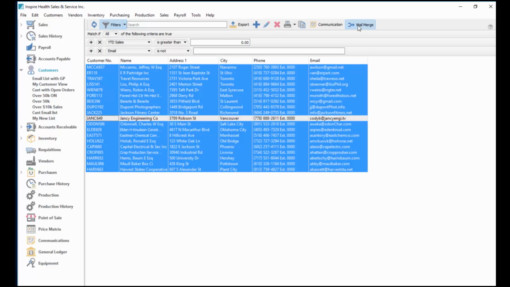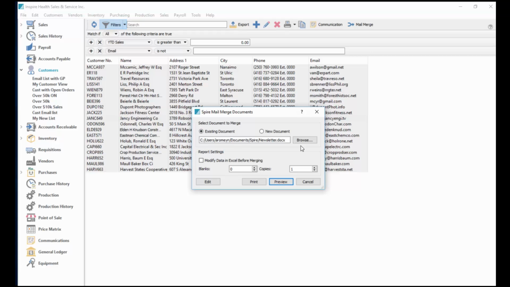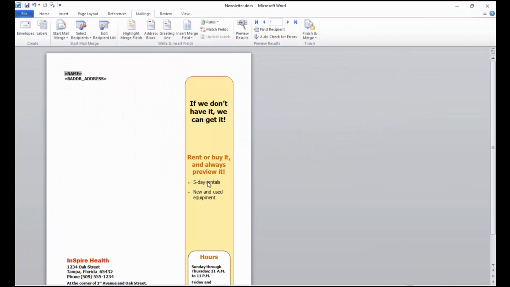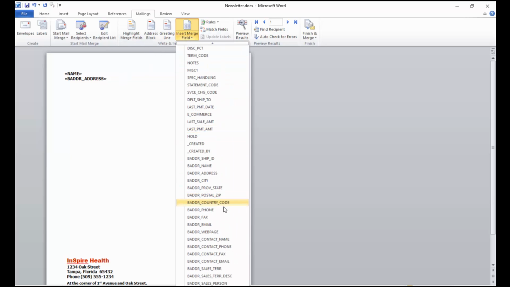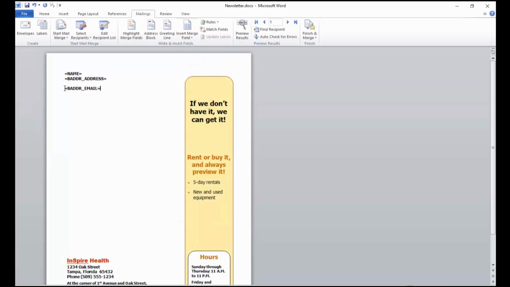And then I click on my mail merge button, and the last document that I worked on will show up, or I can just browse for another one or create a new document. So I'll just choose the last one we did, and I'll hit edit. And what happens is I get this newsletter that came up, and I can fill in the body content of this. I can even add another merge field, for instance. So I go insert, and I can add in, say, the email address,